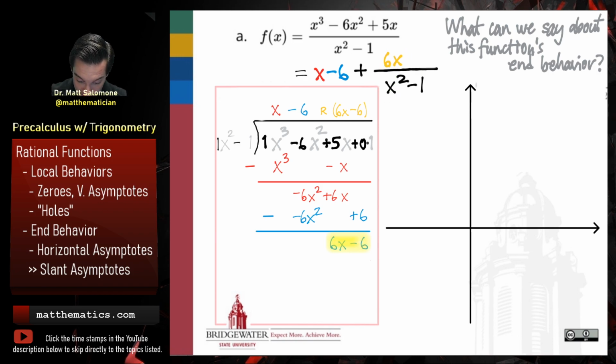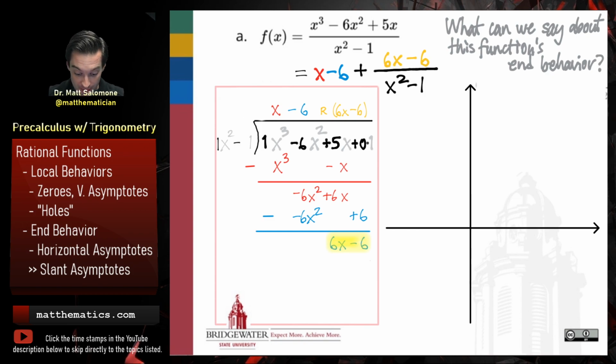And the ratio of its leading terms looks like 6x over x squared, for which we can reduce the powers of x to look like 6 over x, which as x tends to infinity just looks like 0. So the moral of the story there is as x tends to plus or minus infinity, my function is going to look like x minus 6,